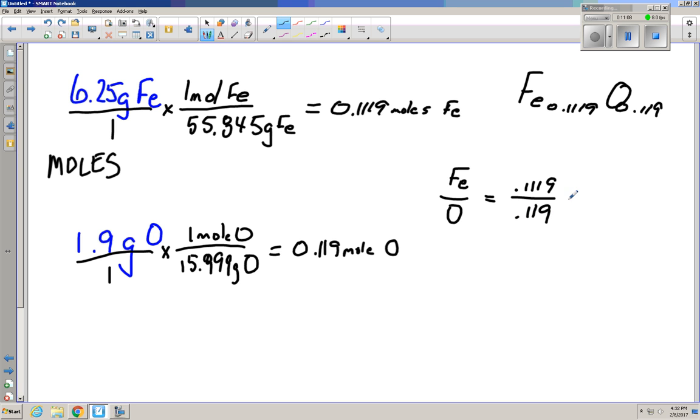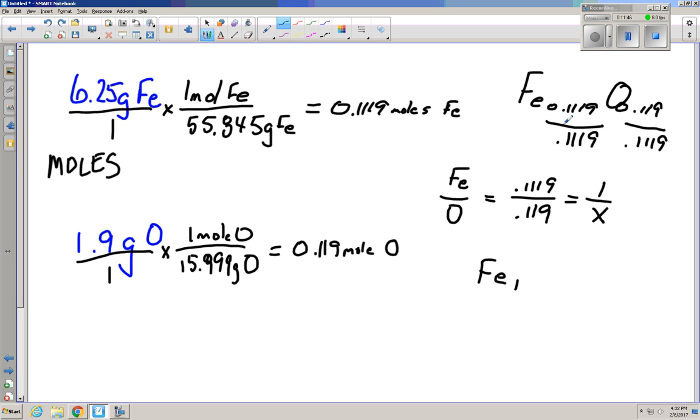0.119. And what we'd really like to have here is a whole number subscript. We're not doing any rounding. We're not using scientific notation. But I'd really like to force that subscript there to be 1. So I guess the question is, if you do a little bit of cross multiplication, what does X become? I really want a chemical formula where this number is 1. And if I force the 0.1119 to be 1, then everything looks nicer. So basically, the way to do that is to take both of these numbers and divide both of them by the smallest. So dividing both by 0.1119,